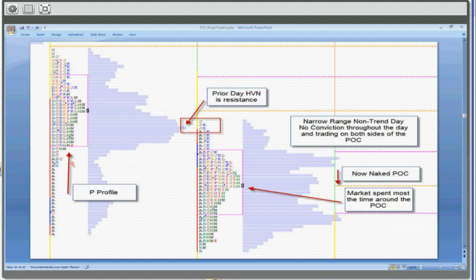TPO indicator. Our TPO indicator, this is an older version of it. We've actually updated it dramatically. We look at the market, as you can see, the A. Now the A is on the far left side, in case you're looking here. The A is just the first 30 minutes of the day. The A is the high of the 30-minute bar, and the low. The B is the second 30 minutes of the day. So if you put a bar chart next to it, which you definitely can